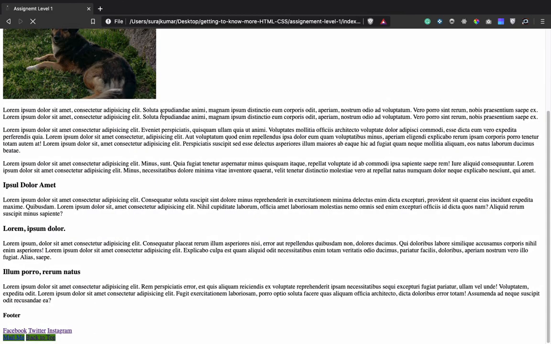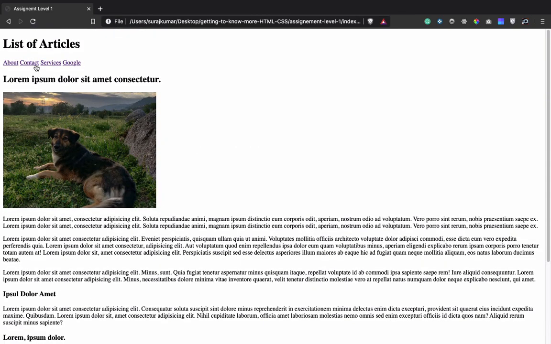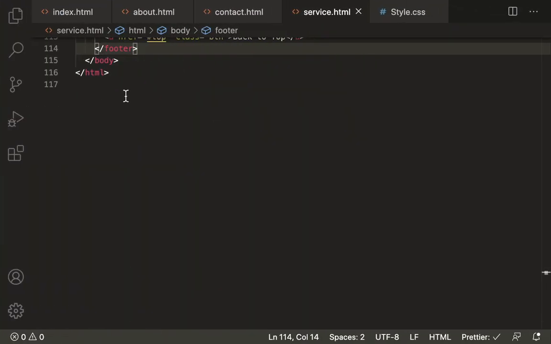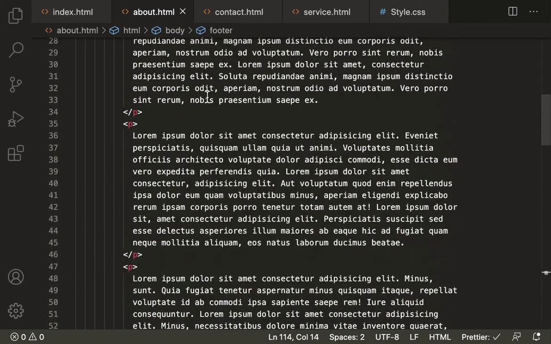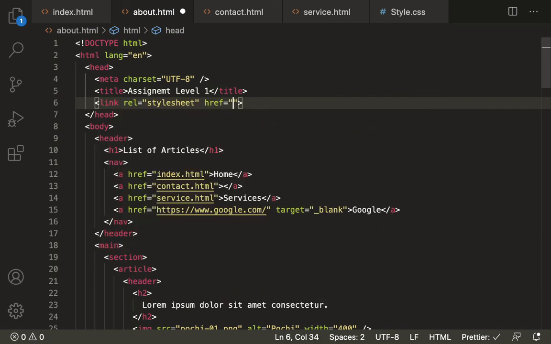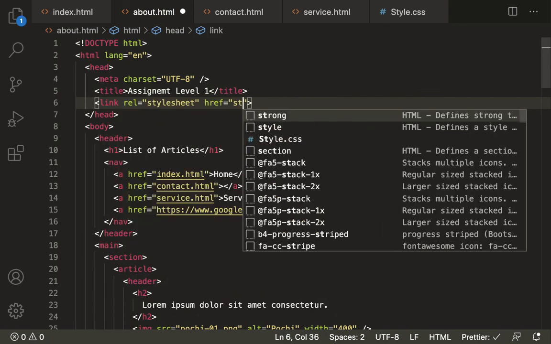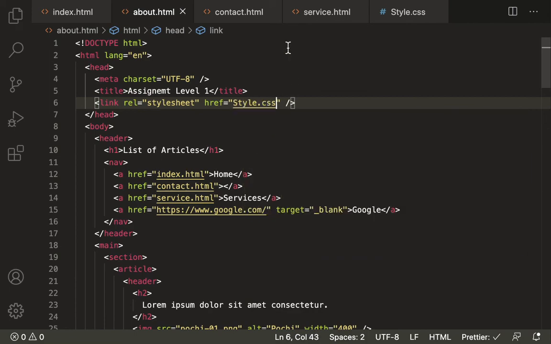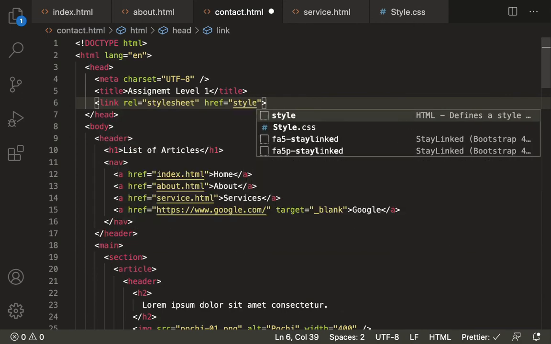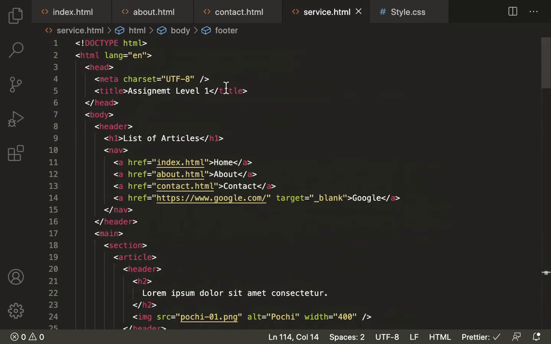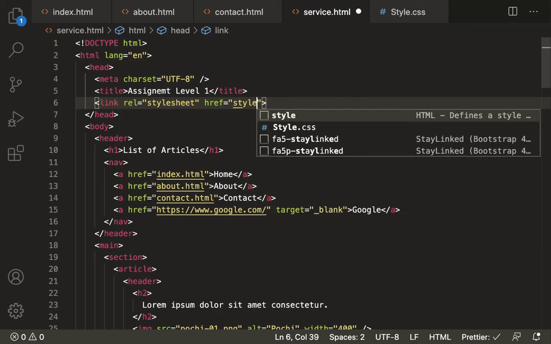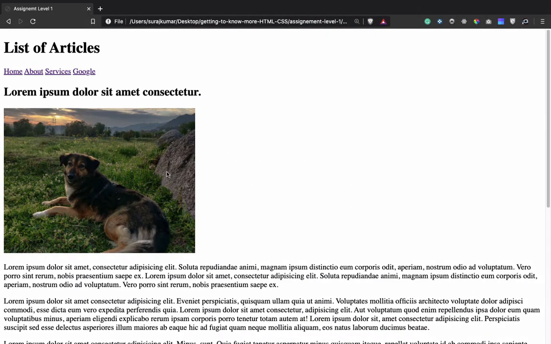Let's go to our page, give it a refresh. Alright, let's go to contact.html. Everything is fine here. There is only one difference, that we haven't connected style.css to our pages yet. No worries, we can use the same style.css. Use the link tag for style.css. For contact.html also use the link tag with style.css. And for service.html also let's connect the link to style.css. Now we can check our page here.